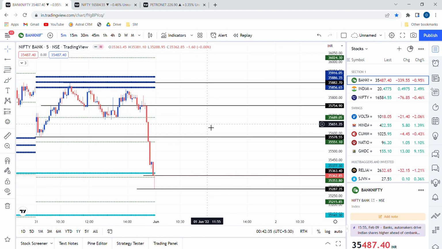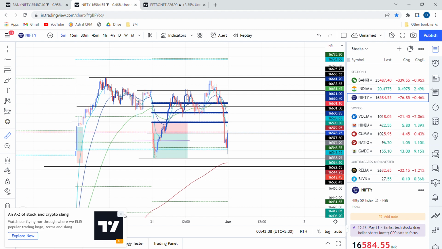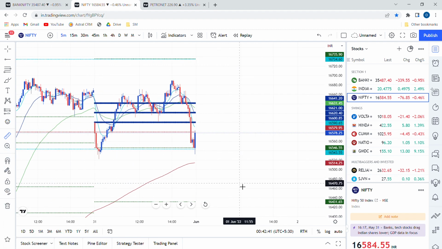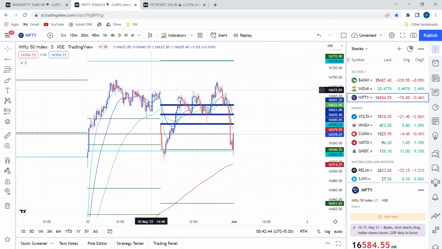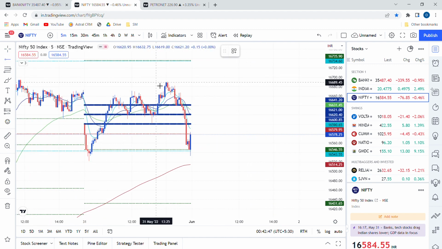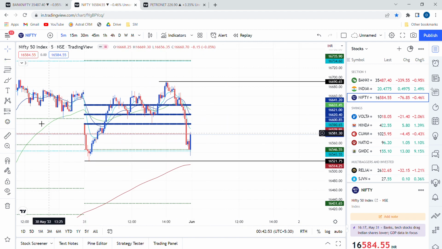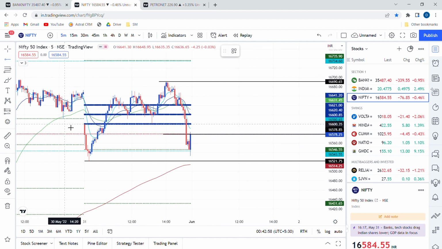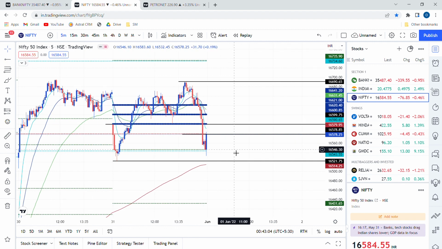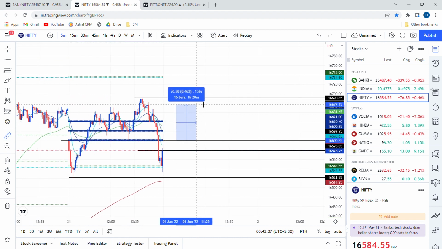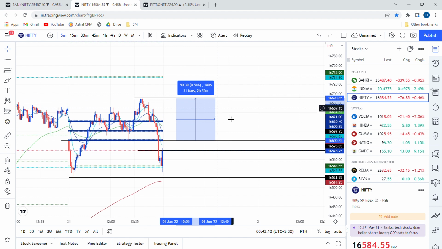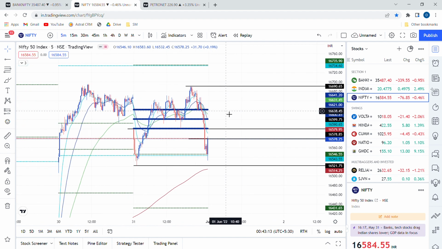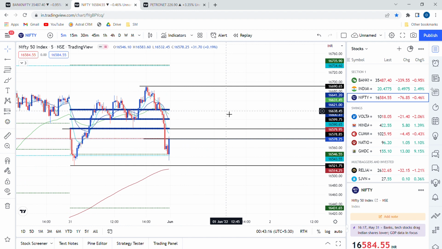Talking about Nifty, if we see the good levels of Nifty here, what we can see is that this was the high of the day, this was the low of the day, this is the closing price of the day, and here comes the initial balance high. So we would be looking anywhere here to get into a trade of like 92 points. So we'll be looking for 51 points tomorrow. So these are very good levels for tomorrow to trade.